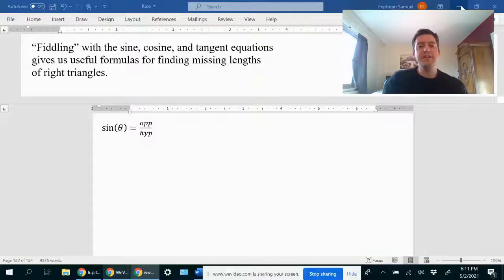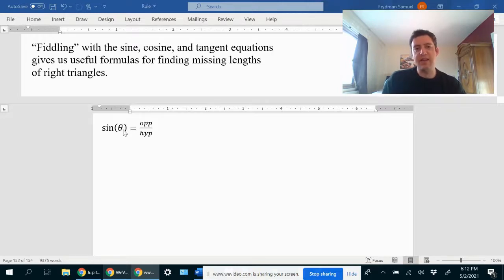Hey everybody, in this video we are going to begin with the SOHCAHTOA formulas for sine, cosine, and tangent, and then we're going to fiddle around with those formulas to find other formulas which will be useful for finding missing lengths of right triangles. So starting with this first equation here, that the sine of some angle theta is